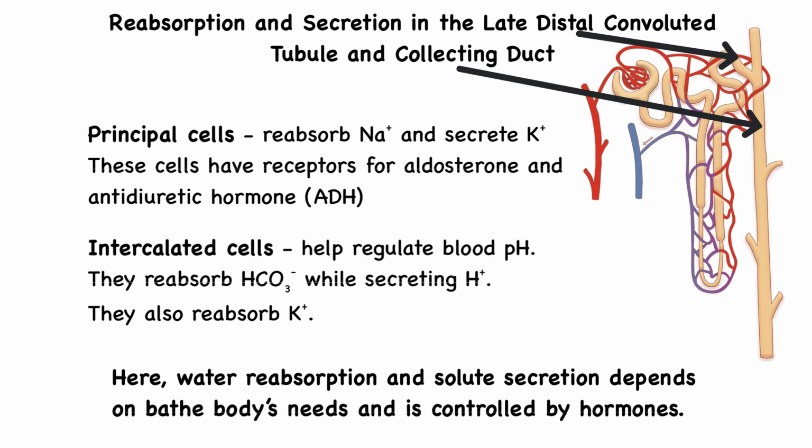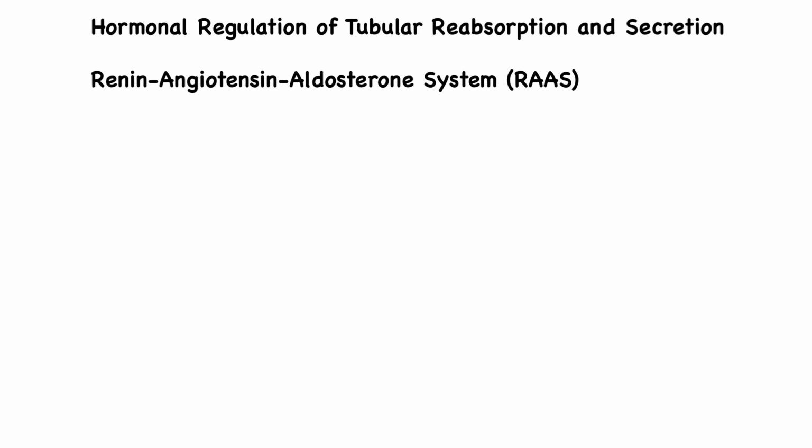At this point, the amount of water reabsorption and solute secretion depends on the body's needs, and for the most part is regulated by hormones. Five key hormones regulate the reabsorption of sodium, calcium, and water in the late distal convoluted tubule and collecting duct, as well as potassium secretion. These include angiotensin II, aldosterone, antidiuretic hormone, atrial natriuretic peptide, and parathyroid hormone. Let's first talk about the